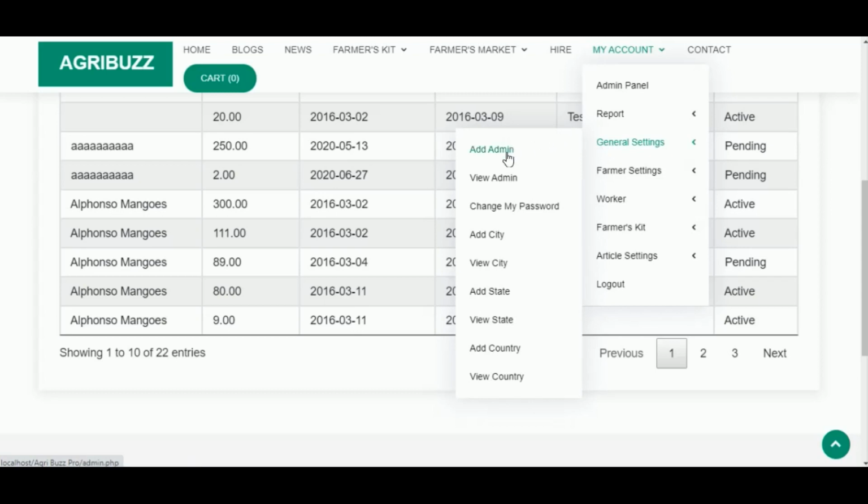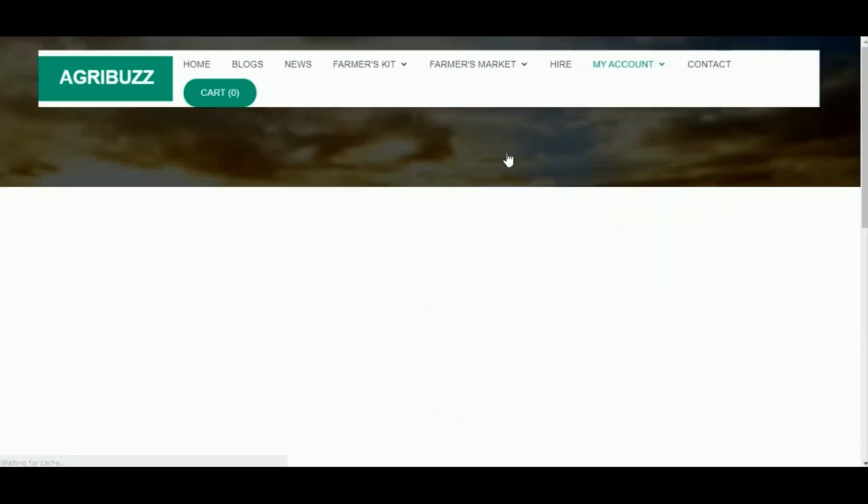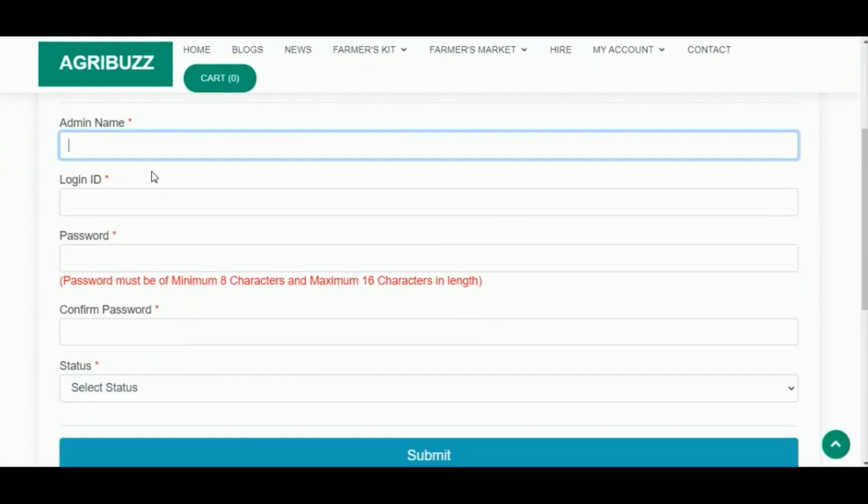General settings. Admin can add the admins by mentioning admin name, login ID, password and confirm password.